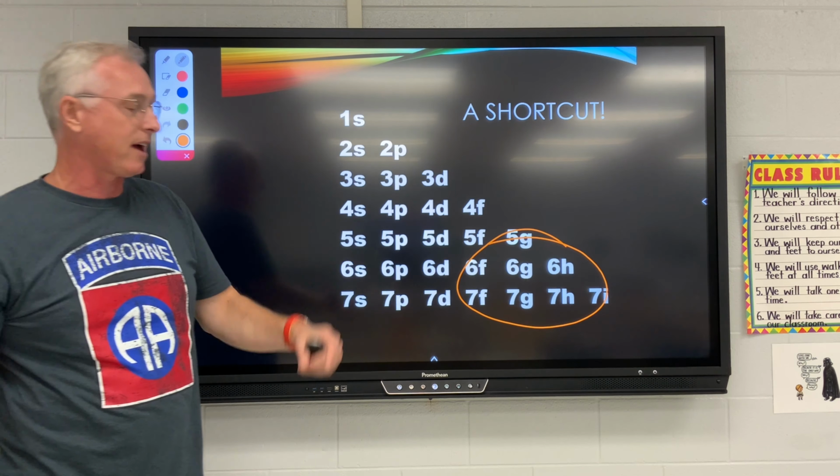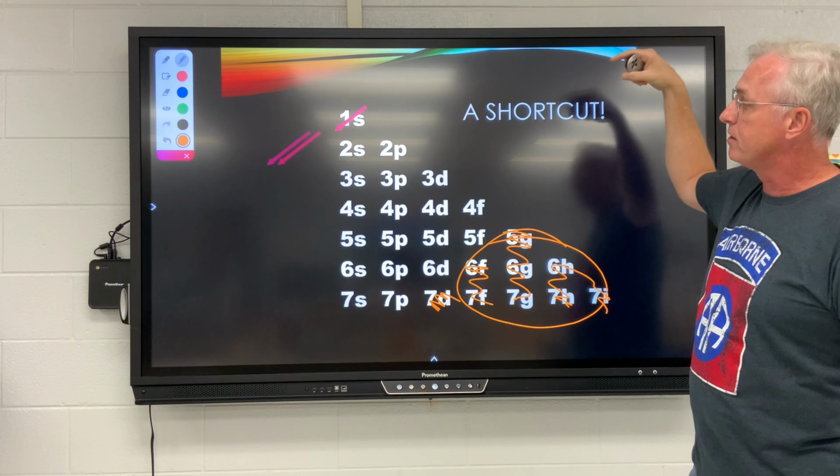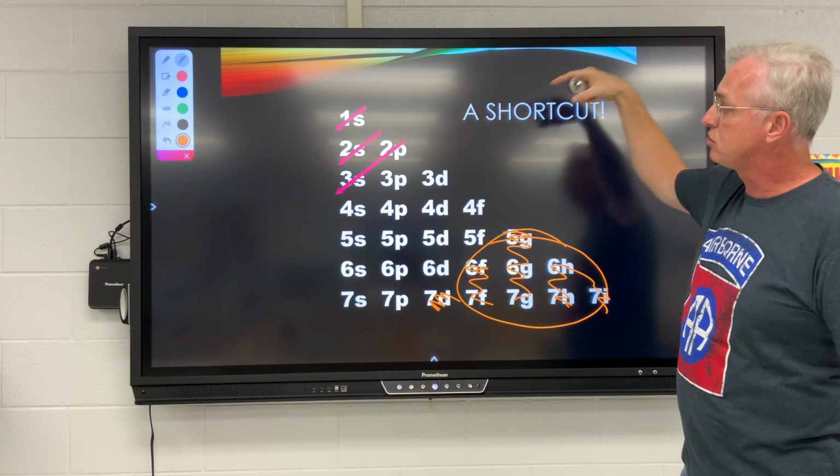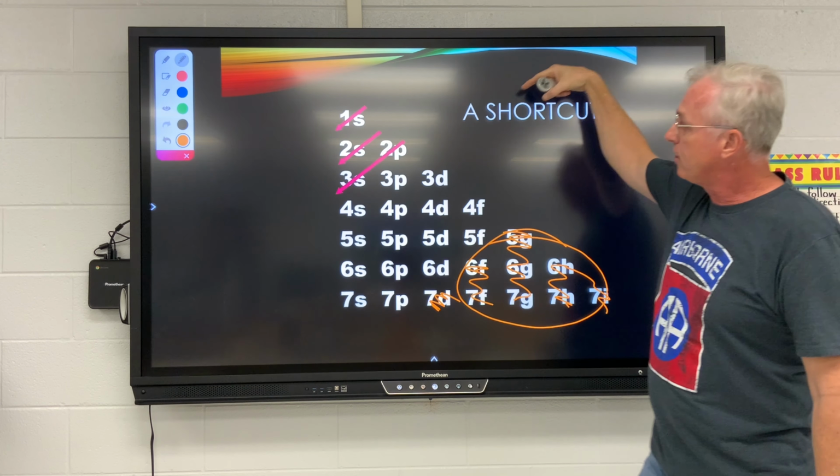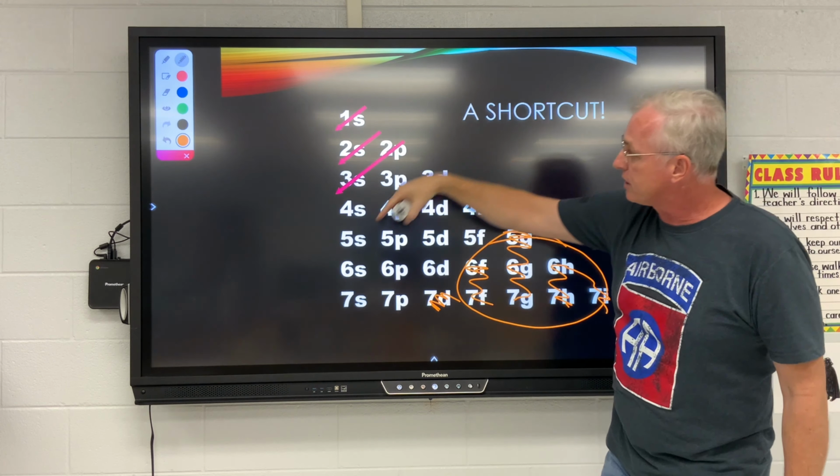So when you're drawing this, just leave these guys off. You can just ignore them. But you need all the rest of them. Actually, I don't need a 7D either, but there we go. Okay, so when we start thinking about how the pattern goes, watch the arrows. You start at 1s, and then you keep going this diagonal pattern. 2s, and then 2p to 3s. Now notice it's going to keep following that pattern, so 3p to